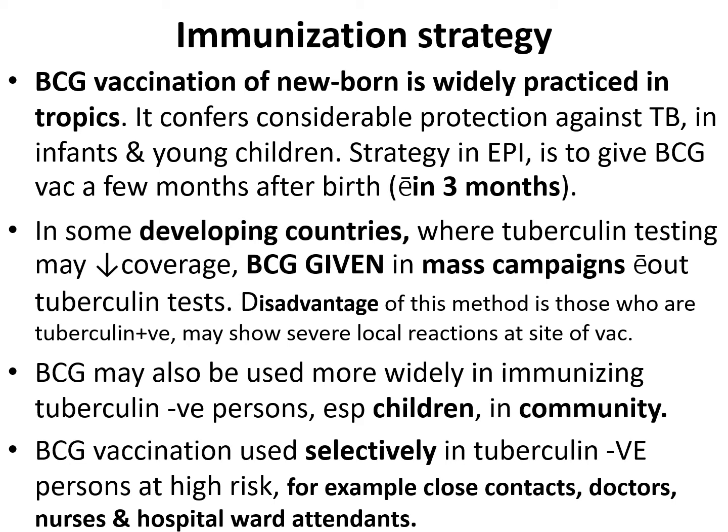In some developing countries where tuberculin testing may decrease coverage, BCG is given in mass campaigns without a tuberculin test. The disadvantage of this method is that those who are tuberculin positive may show severe local reactions at the site of vaccination. BCG may also be used more widely in immunizing tuberculin negative persons, especially children in the community. BCG vaccination is used selectively in tuberculin negative persons at high risk, for example, close contacts of TB patients, doctors, nurses,